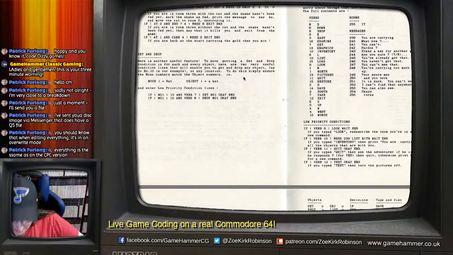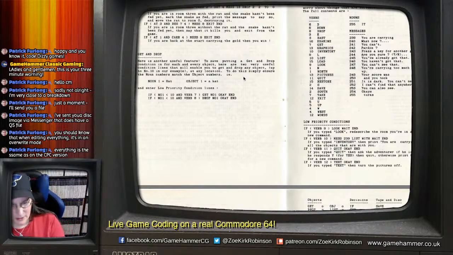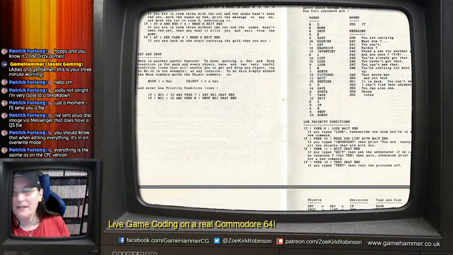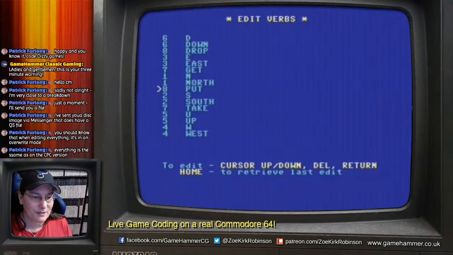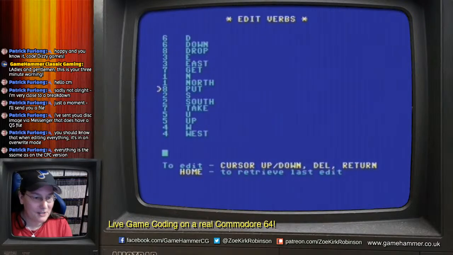Okay, we've got this. Have we just typed in all the... We've basically typed in most of the quick start file. That's amazing. In fact, we've done it in the same order that they did. Get is 7 and drop is 8. Let's just copy the quick start file from this manual. I know you sent me a thing, Patrick, and I appreciate it, but let's just copy it from this file and just get this done. Yeah, right, this is on screen. Okay, I'm just going to type this in. All the verbs. And then we can make sure we've got a copy of the quick start file worked out. And I can also test, which is important, the ability to actually